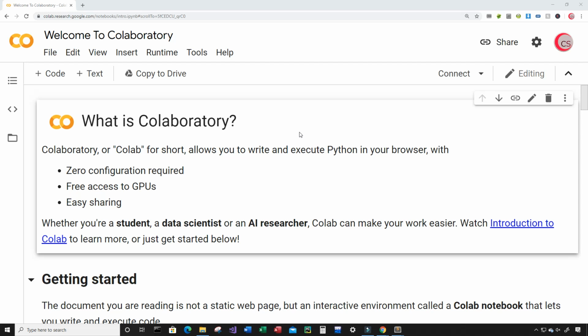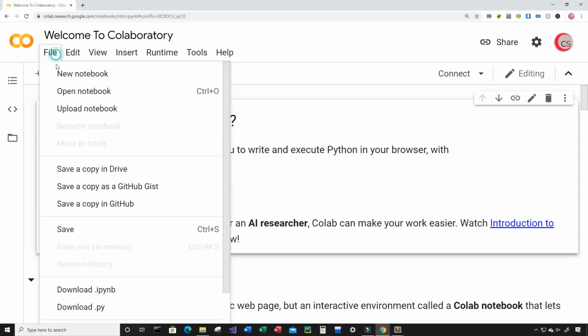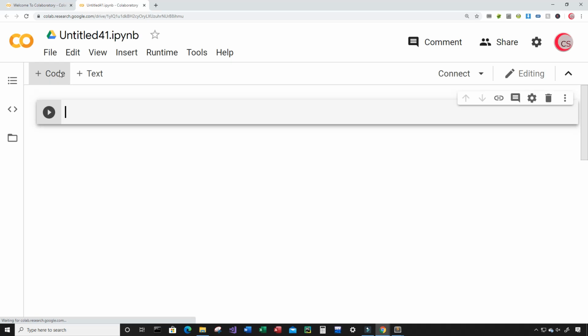Now currently I'm on Google's website. It's called colab.research.google.com because it makes it easy to start programming in Python. So all you have to do is go to this website and log in using your Google account and get started writing your Python code. To get started, you're going to want to click on File and then click on New Notebook, and then a new tab will open up for you, and within that tab a new cell will